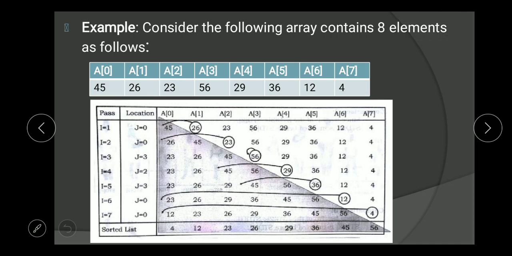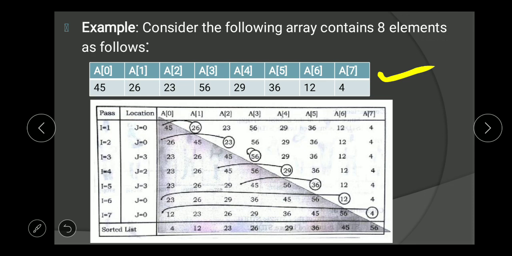See, here is the example. Consider the following array, which contains 8 elements: 45, 26, 23, 56, 29, 36, 12 and 4. This is our array, and we have to sort it.